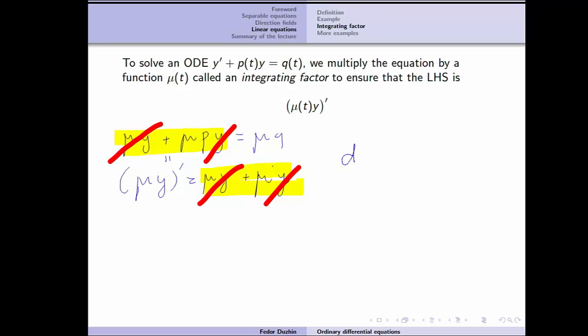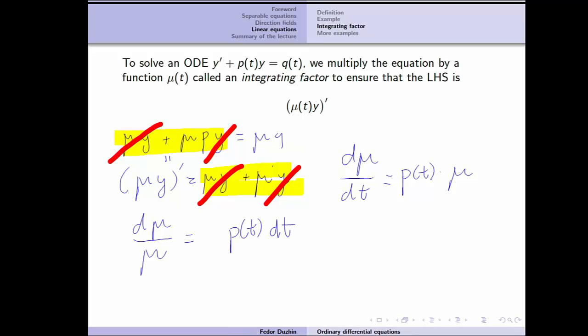So this is d mu dt equals p of t times mu, where p is a certain specific expression of t that comes from the original differential equation. Well, this is a separable equation on mu that we can solve, so let us do it. d mu over mu equals p of t dt. So then we need to integrate,